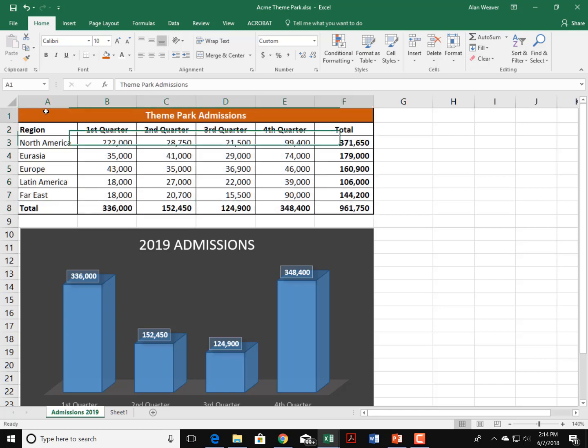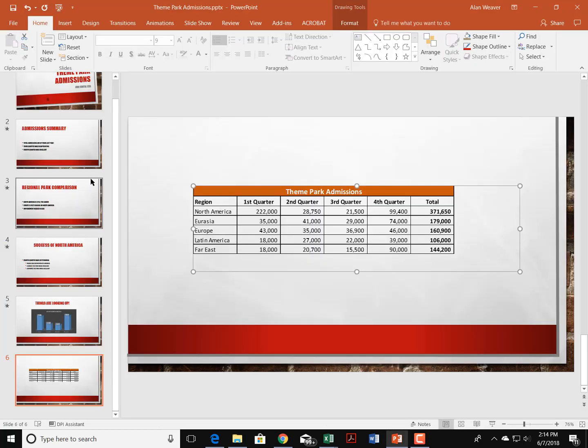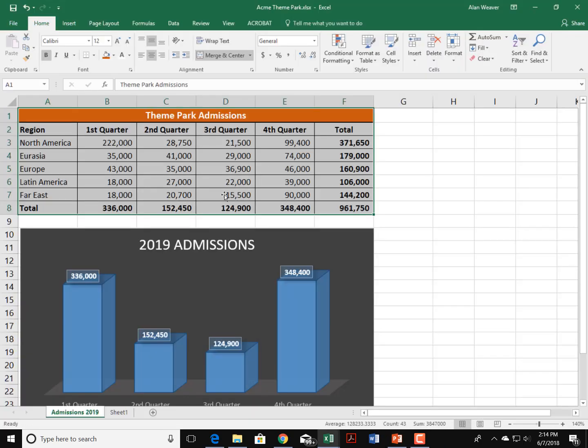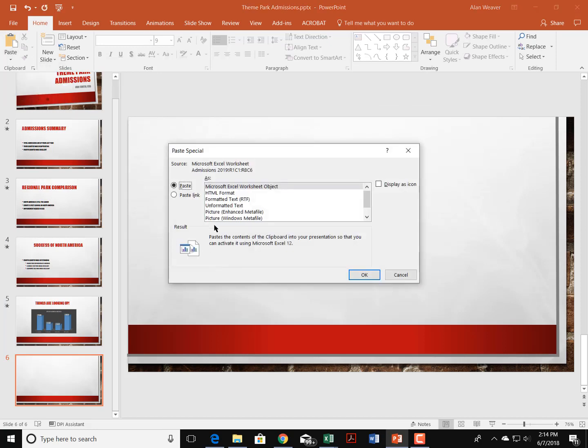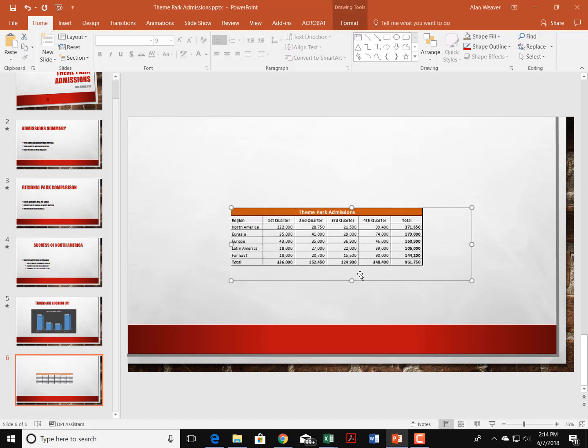Let's see if it works now. I'm just going to leave this highlighted. It doesn't want to do it. I've seen this problem habitually here, and what I would do in this case, everybody, I'm going to delete this. I have this highlighted. Always remember that Paste Special, Paste Link, Excel. It's showing all of it here, and I'm going to enlarge it so you can see this